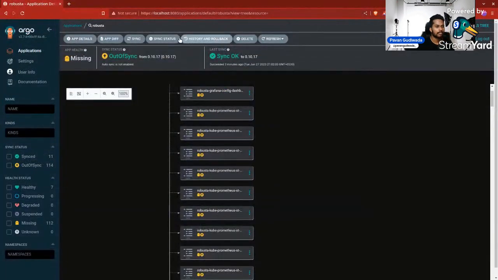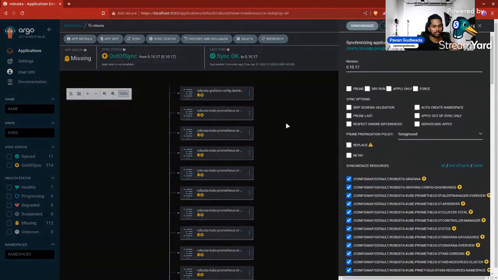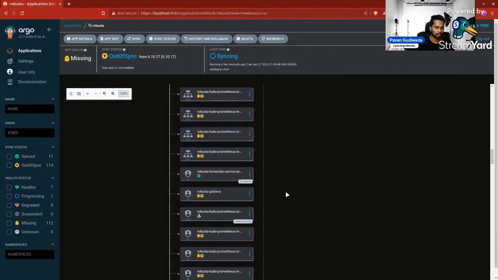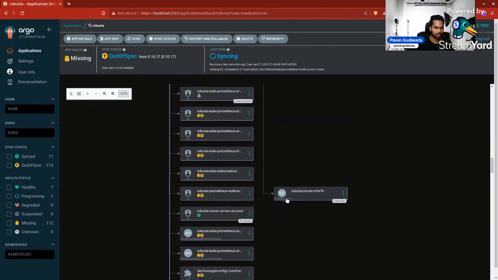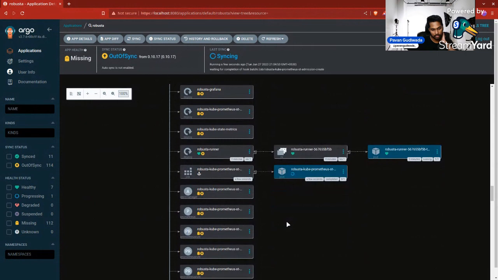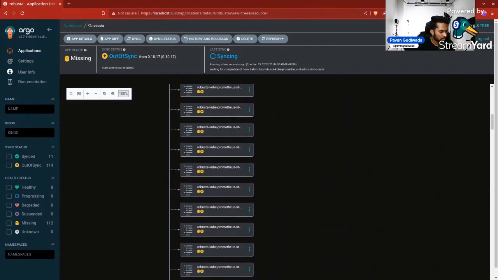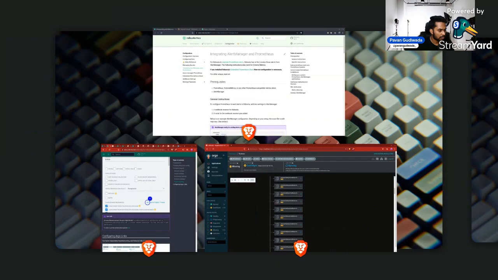Once we change the values file, we have to sync. We have to click all and synchronize. So now if we did it correctly, it has to create all of